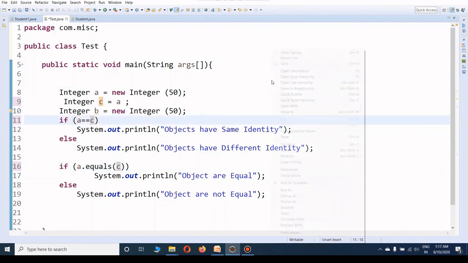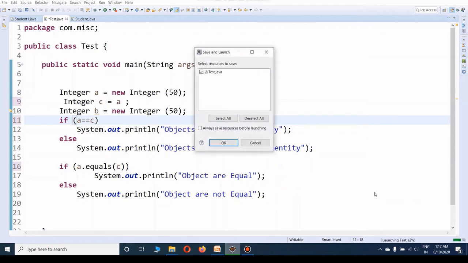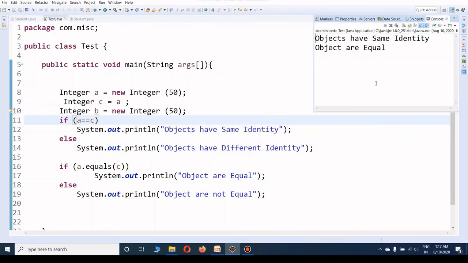In this case, objects have the same identity because both are referring to the same object. That's why this condition is satisfied. And obviously, if it is assigned to the same object, the value is also the same. So both conditions are satisfied, and we get the result: objects have same identity, objects are equal.